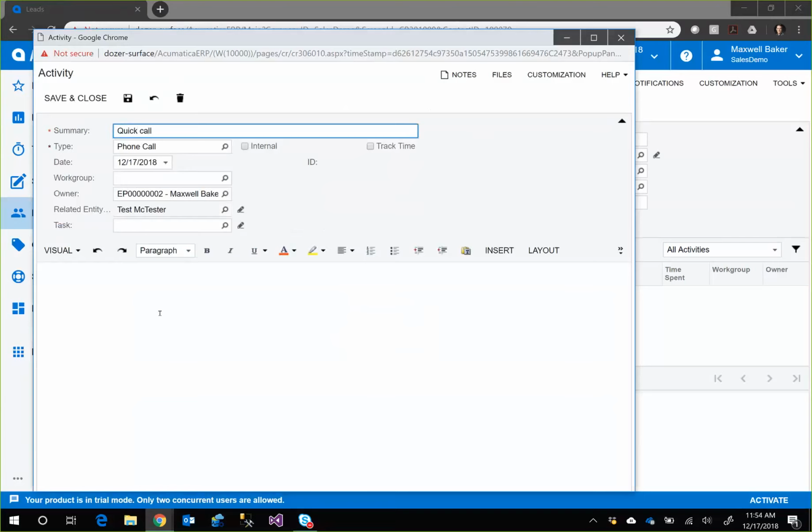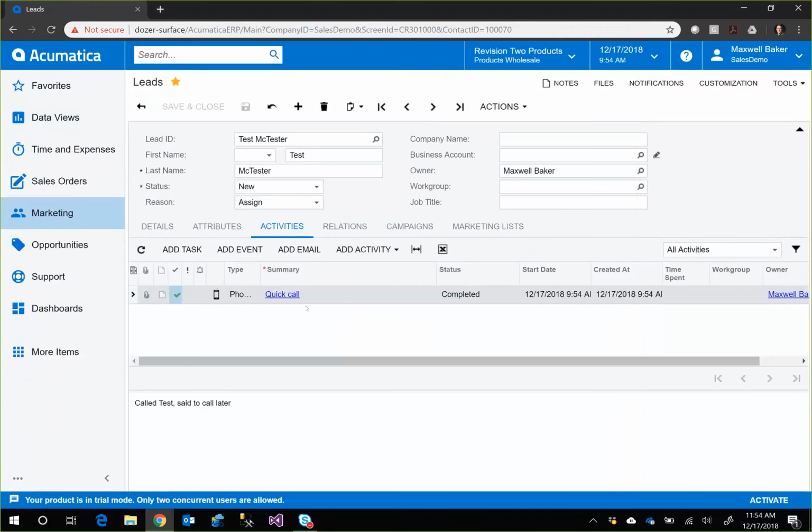So I'll say, gave him a quick call, called test, said to call later. Now, that's just a very quick example, but you'll notice that it adds that quick phone call here to this activity section, and I get a little preview of what my notes were on there. So I can add activities, I can add emails, and one thing we'll look at here in just a little bit is my ability to even add a follow-up task, to remind myself or someone else that I need to take action against this particular entity. And so that's something that starts to create a lot of visibility, not just to sales managers, but to everyone